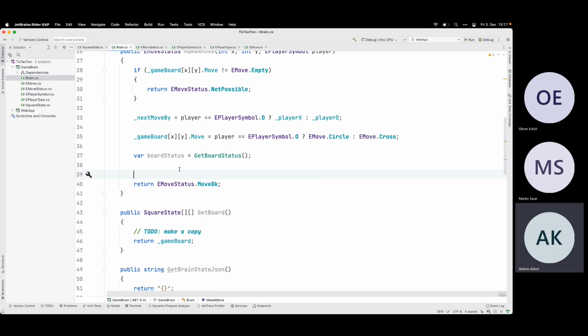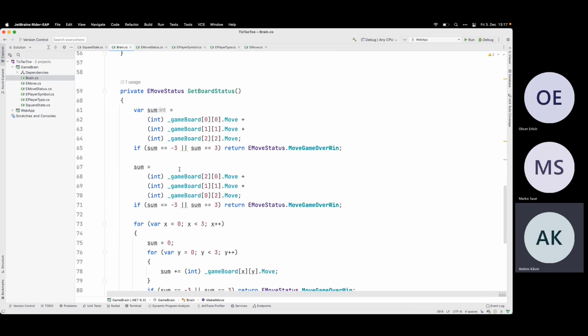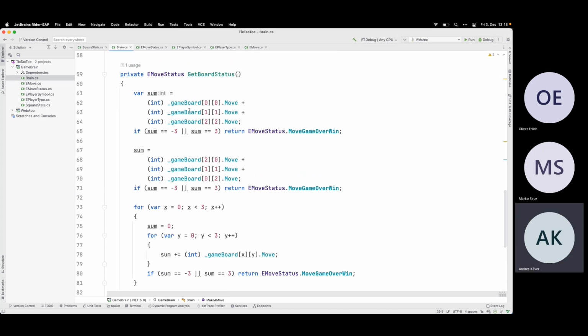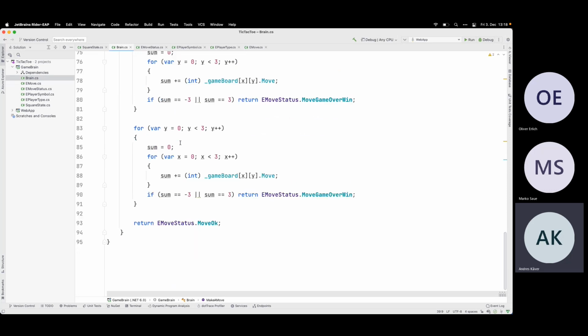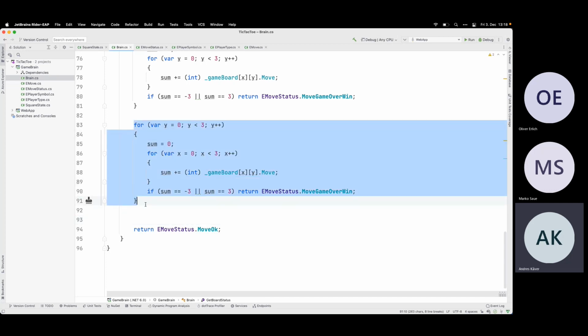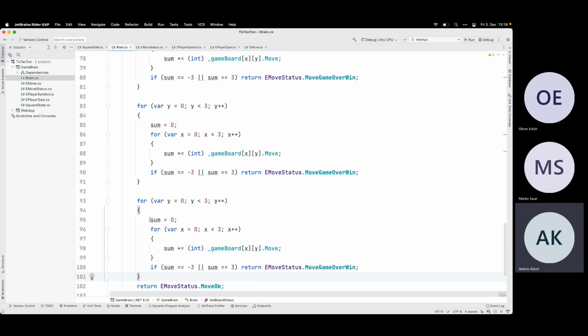And in theory, okay, let's see here. If that one has one win condition, we need to check for the tie also, that the board is full and there is nowhere else to go. So game over, basically, which is like the most common case actually. So before we send back this move ok, we also need to check that nothing doing.